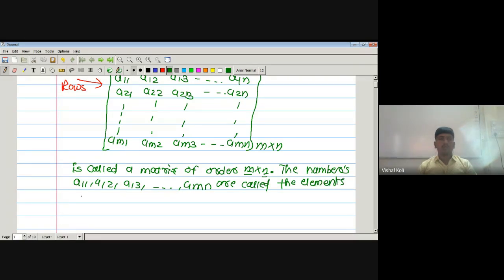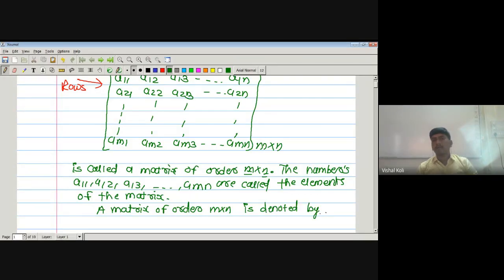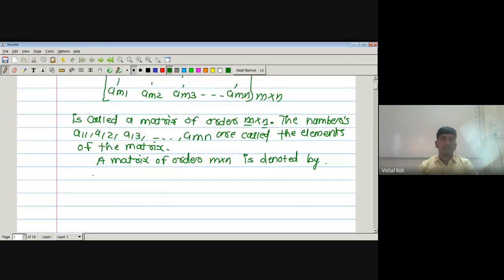A matrix of order m cross n is generally denoted by this symbol, that is aij of order m cross n, or also denoted by this symbol m cross n,